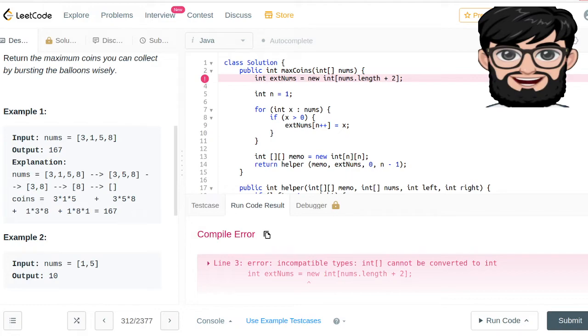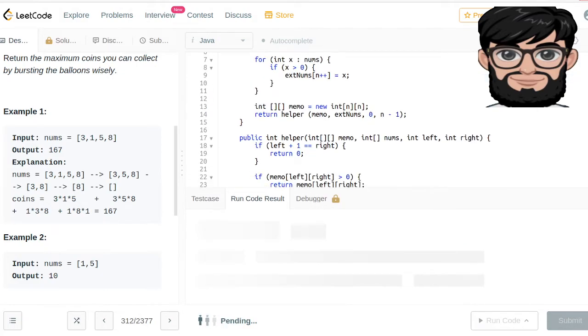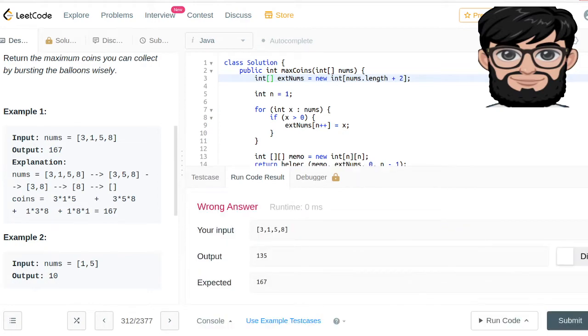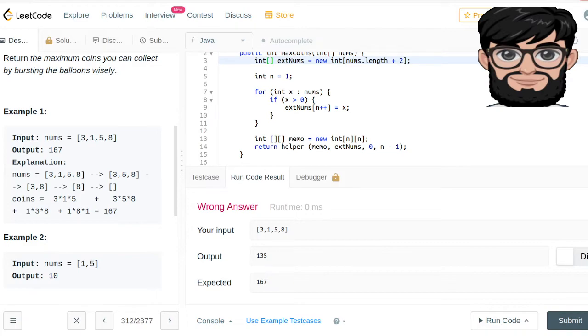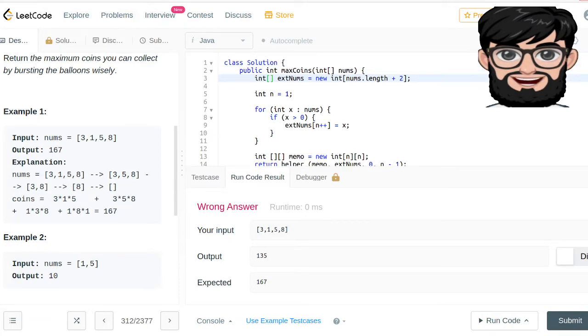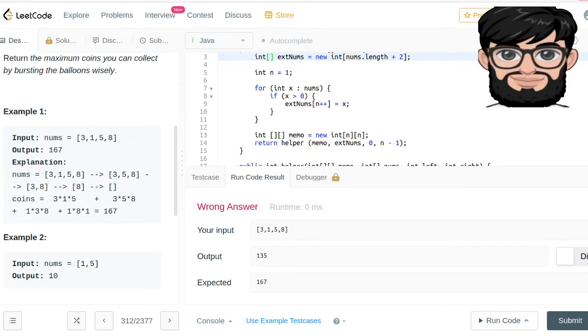It said incompatible types, int cannot be converted to an int. You are right. Okay, this time the answer is not right. So we are just looking at the ranges here. First of all, when copying the values of the nums to the extended nums, what we are doing here is